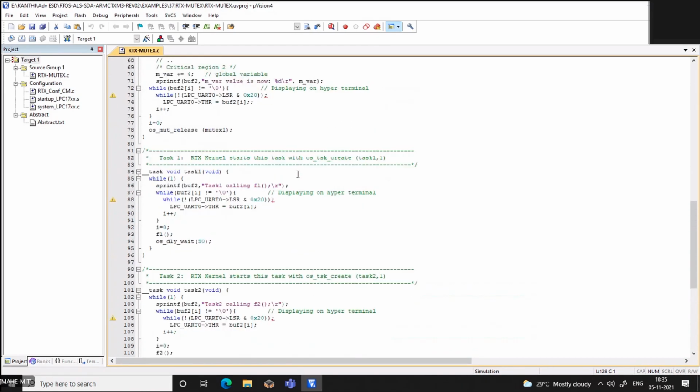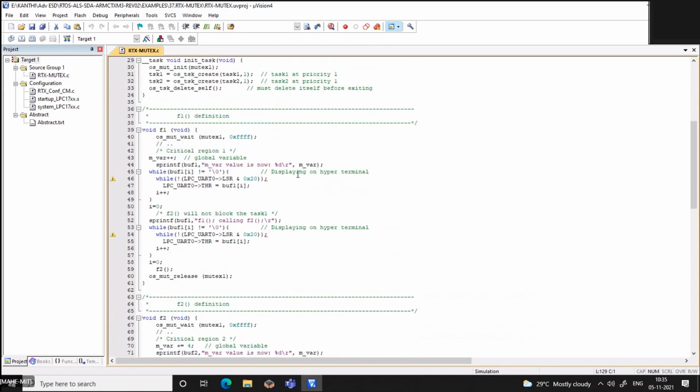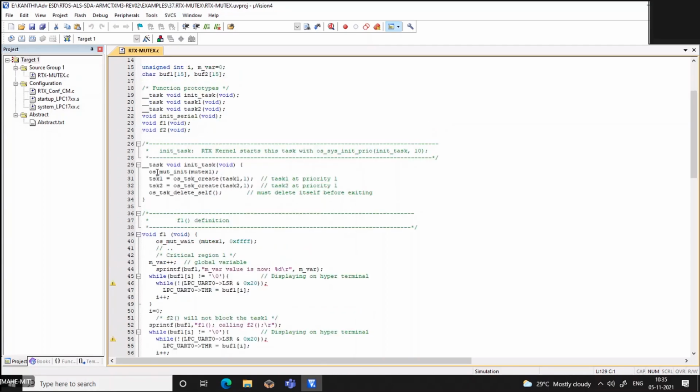Coming to the initialization function, here we have two tasks, task 1 and task 2. Once you create the tasks, please note that both are given the same priority here.